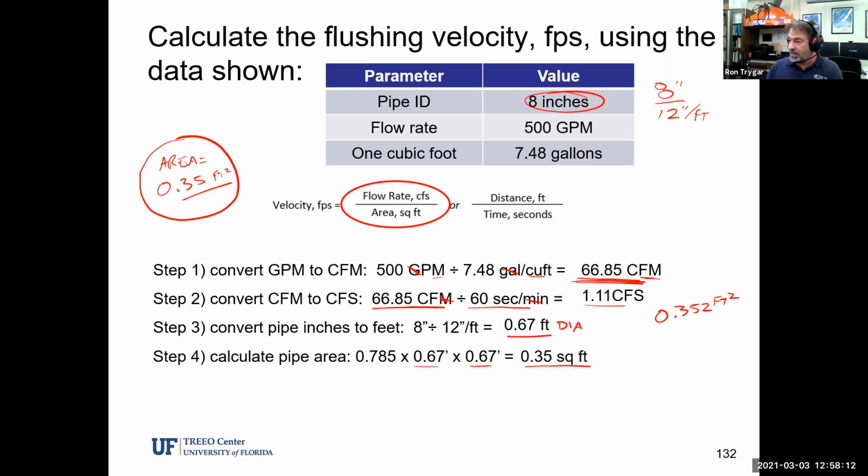Cubic feet per second divided by the area. So 1.11 cubic feet per second divided by 0.35, and I have a velocity in feet per second showing us 3.17. I'm going to write that down over here as a little side note. And let's see what we have on our slide. The next thing is divide the cubic feet per second by square feet, and ta-da, there we go, 3.17